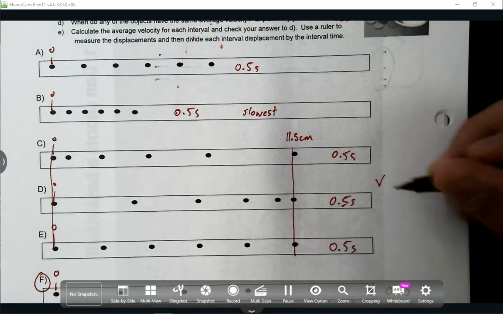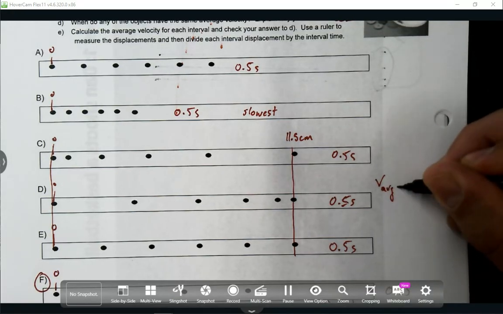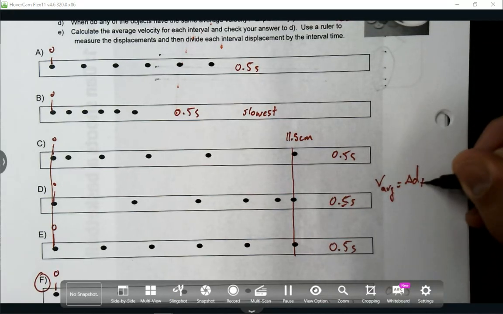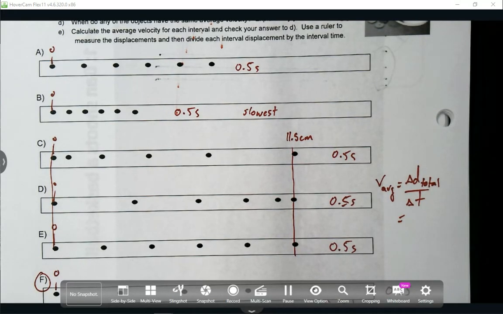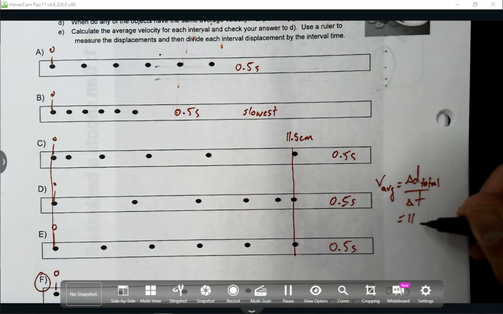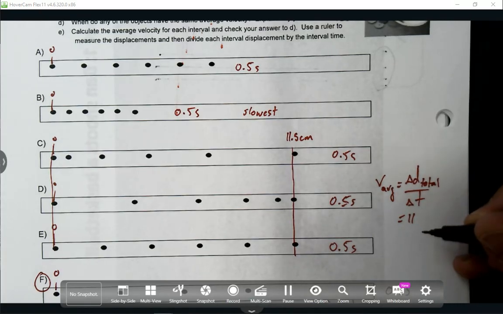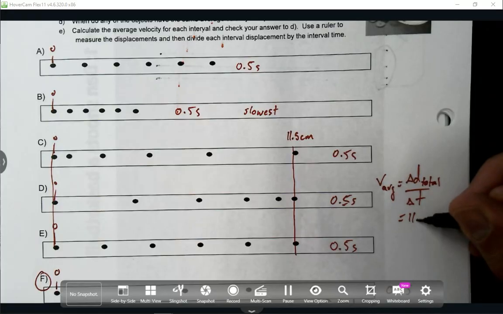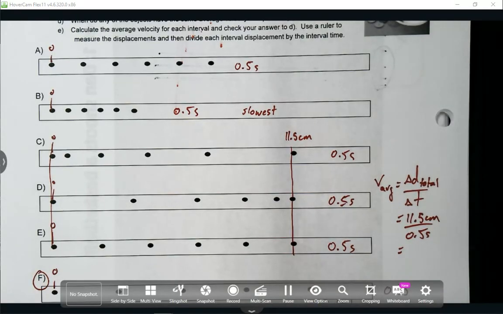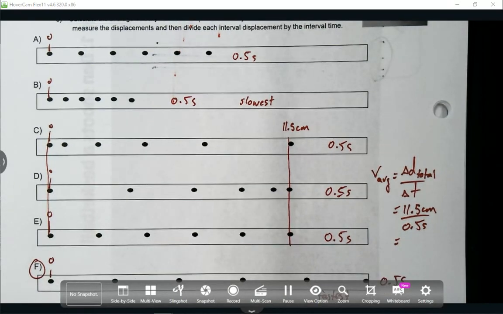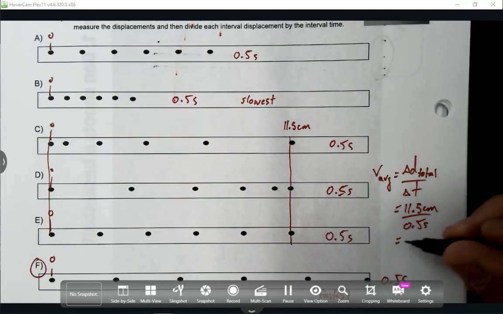I could say, okay, well, the average velocity for all three of those was equal to delta D total divided by delta T. And I could say that that's equal to 11.5 centimeters. That would give me a non-SI unit of centimeters per second. But just for argument's sake, 11.5 centimeters divided by 0.5 seconds. Somebody help the fella out. What's 11.5 divided by 0.5? 23. You should be able to do this one in our heads, right? 23